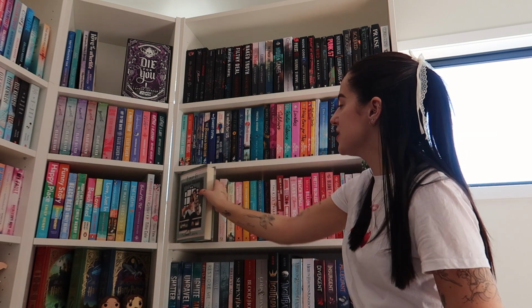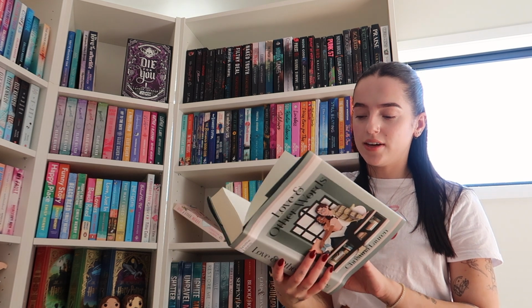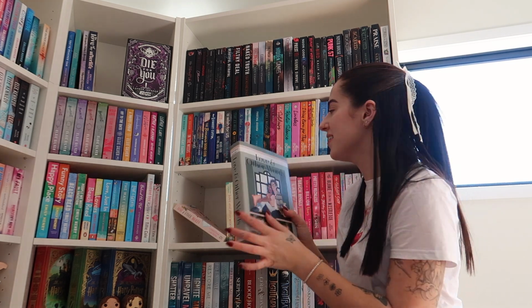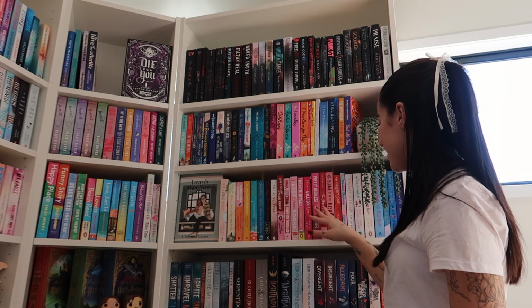edition of Love and Other Words by Christina Lauren. This is honestly such a cute edition. It is the Steamy Lit edition and it's also a signed copy. Love and Other Words is a book that truly holds such a special place in my heart. Then I've got all the rest of my Christina Lauren books, some more random books, and then all of my